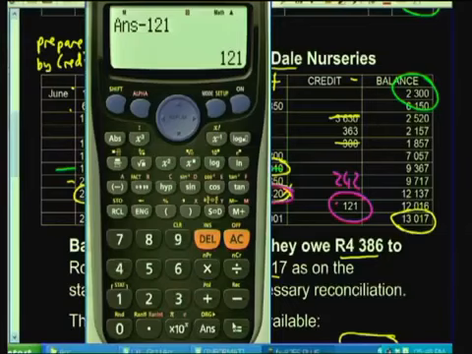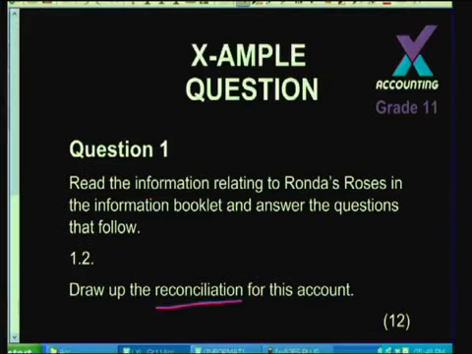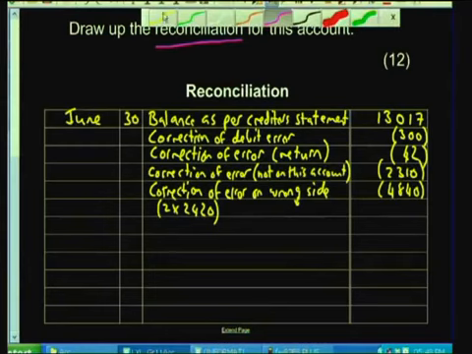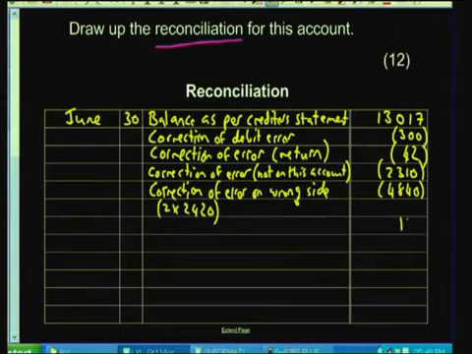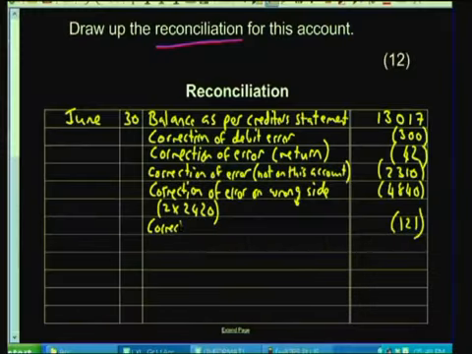So this 121 Rand is a mistake that the creditor has made. The creditor needs to reduce our account by a further 121 Rand. So it's got to go in the creditors reconciliation statement. Here's the creditors reconciliation statement. On the next available line, I'm going to record that 121. Because it is a discount that they should have recorded, I'm putting it in brackets, because brackets mean that they are reducing our account. And what we could do here is write correction of error,